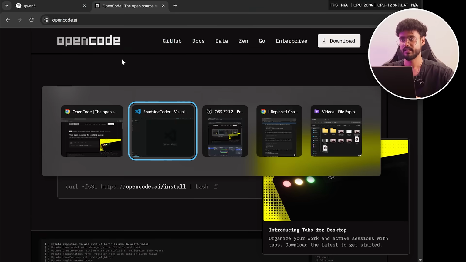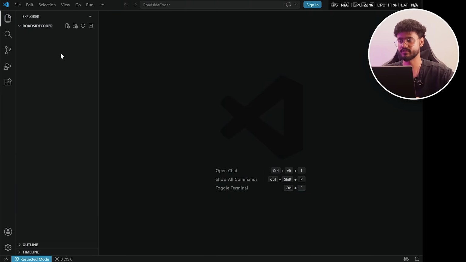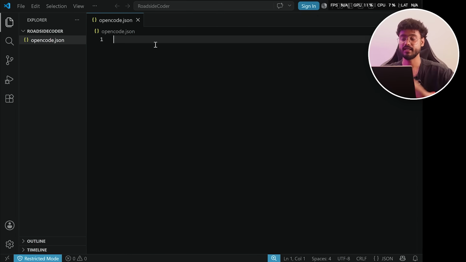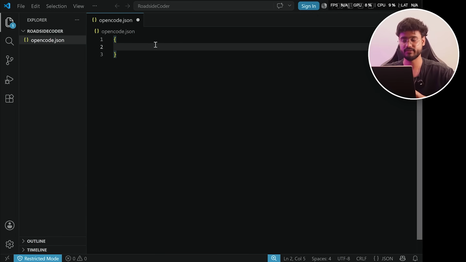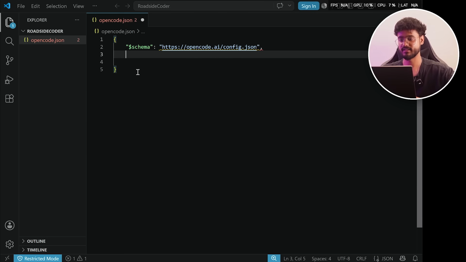So first of all, if we go back to VS Code right here, I'm going to be creating a new file called opencode.json, something like this. And now inside of this, we need to write some configuration for our OpenCode. So first of all, it will be the schema, which is opencode.ai/config.json. Then I'm going to be defining the model right here, which will be from Ollama, right? So ollama/qwen3:8b